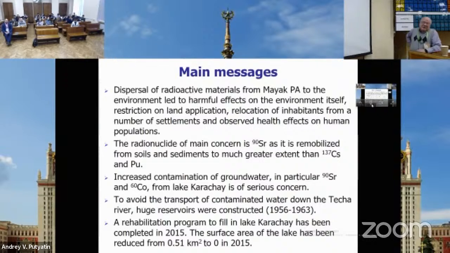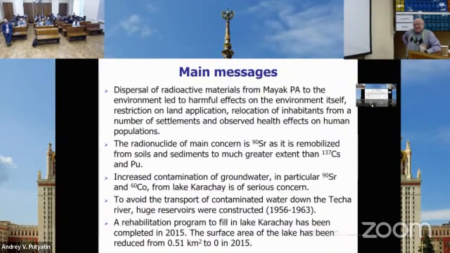The radionuclide of main concern is strontium-90, as it is remobilized from soil and sediments to a much greater extent than cesium-137 and plutonium isotopes. Increased contamination of groundwater, in particular by strontium-90 and cobalt-60 from Lake Karachay, is of serious